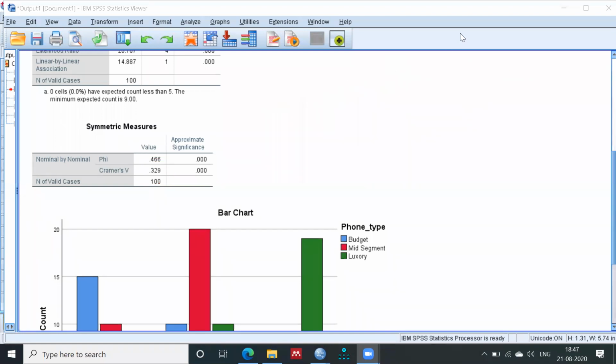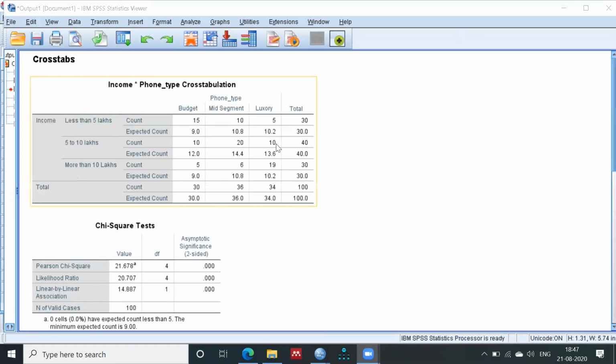Now the next thing we will apply is the actual and expected. So in this cross tab table, we can see the count and expected count. First count is observed count, right? So first is observed frequencies and expected frequencies. In this table, you need to check where actual is greater than expected, right? So in the first case, you will find there is a 15, and expected is 9. 15 is greater than 9. What does it mean? Actual is greater than expected.